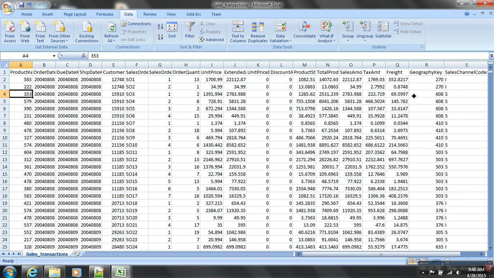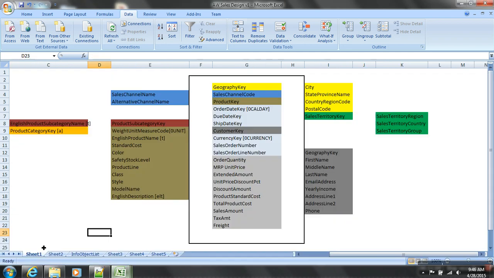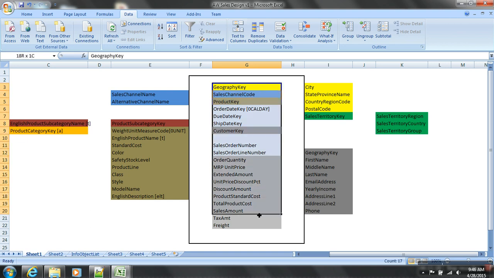Okay, so obviously we're planning to do this design. As an architect, how do I design this data model completely? Now what I've done is, first thing, I've just taken out all the columns from the transaction file.